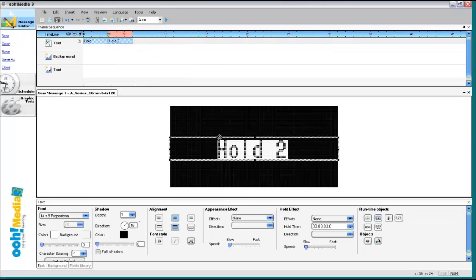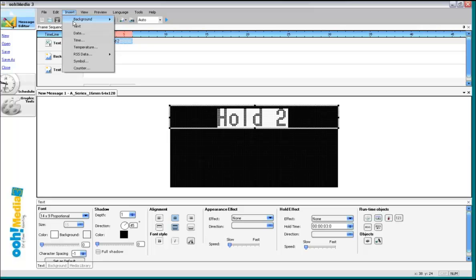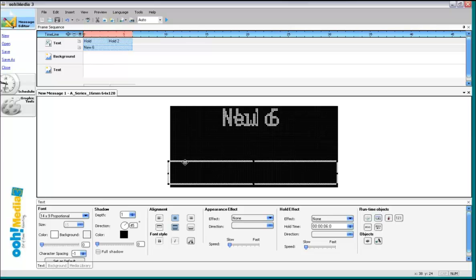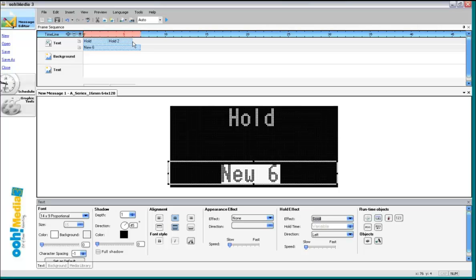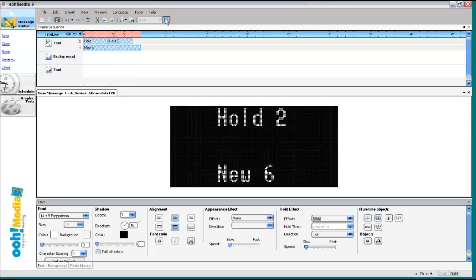Right-click, edit. I'm going to bring this one up top and insert text. Now this one, I'm going to click and drag and bring it all the way over this way, make it as wide as the two of them are. Bring that one down here. So my top line is rotating 2 messages, and my bottom is only rotating 1 in a scroll pattern. So you can do 3 different